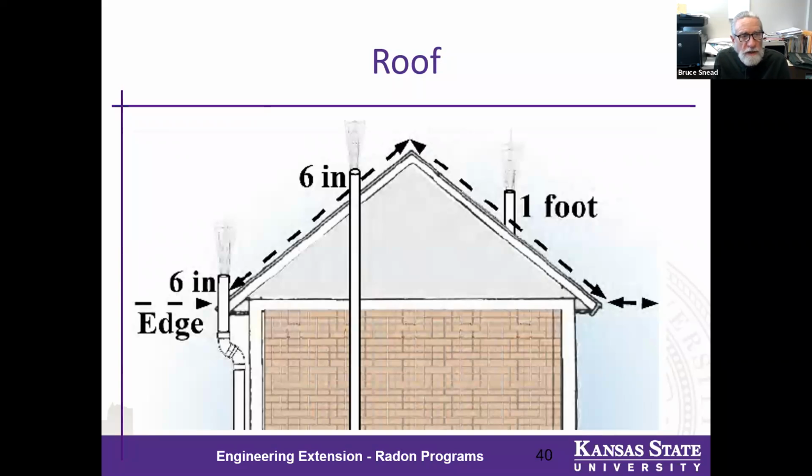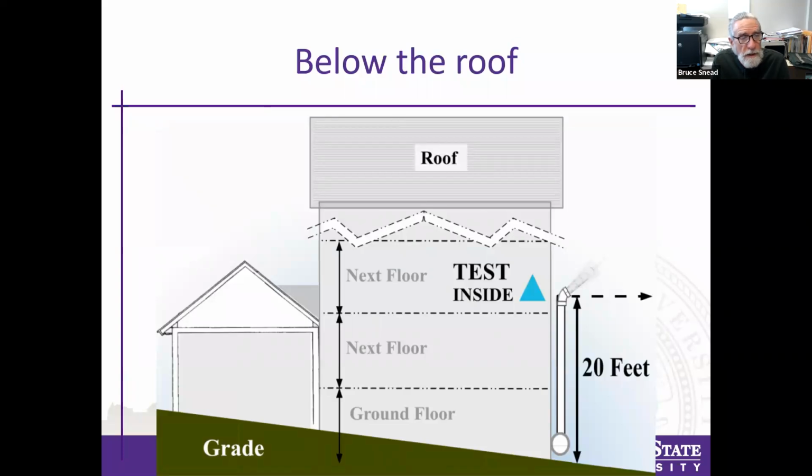Now, obviously, different climate zones and snow loads might lead to different code requirements in your jurisdiction for a greater height of the pipe above the roof surface. If you have a configuration of the system where the discharge cannot get above the roof for safety purposes, and here's an example where the discharge is at least 20 feet off the ground, then you need to provide testing inside an occupied space adjacent to where the discharge is. This is, again, part of the standards.